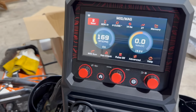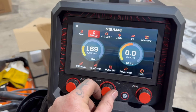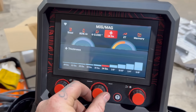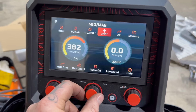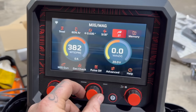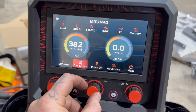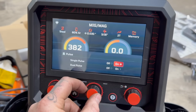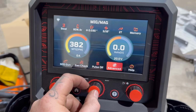So right now I've got it for MIG, steel, we've got 80% argon, we've got .030 wire, 14 gauge is not what we're welding. So all you gotta do is go here, change your thickness, 3/16, 2T, which is what we want. Memory, we're not doing anything with memory. MIG gun, gas check, pulse off. I don't know how to do any of this yet, so I'm gonna read some more on this. But for now,